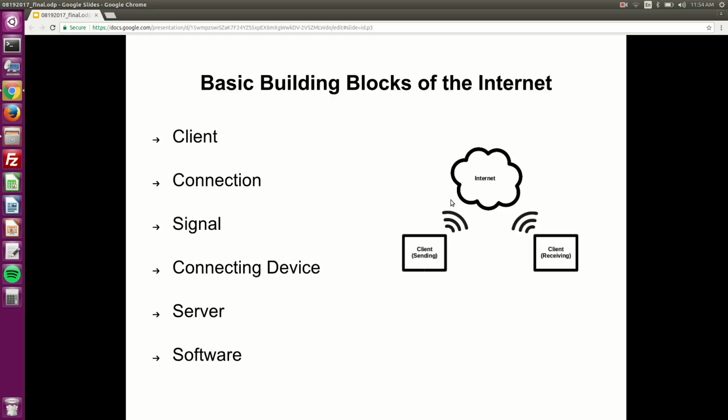The client is normally what we all know, the device, and this could be a phone, could be a computer, could be a Tesla car, could be a camera, anything. And then we have the connection, and that's the connection between 2 points in a network. We have a signal, we have connecting devices, we have servers, we have software,